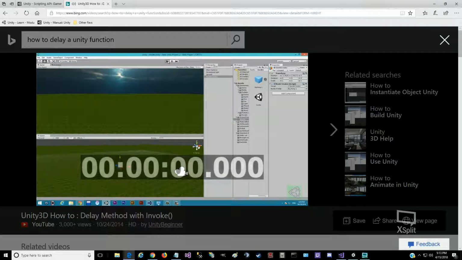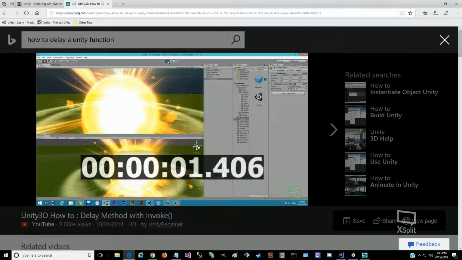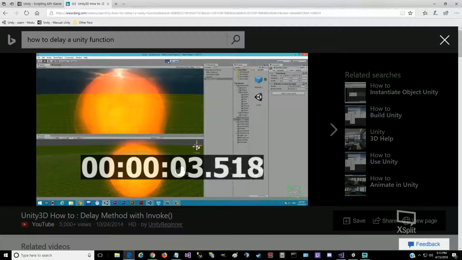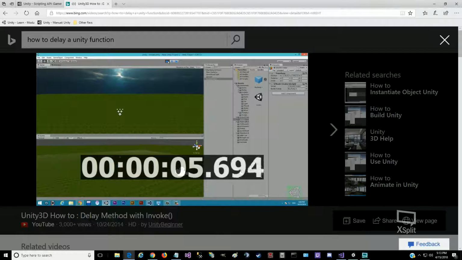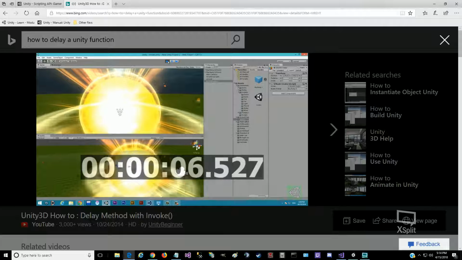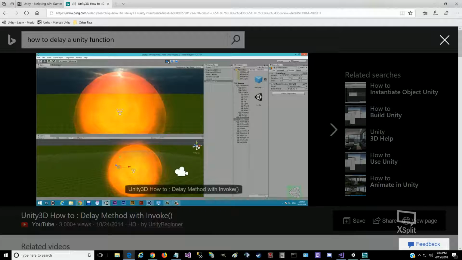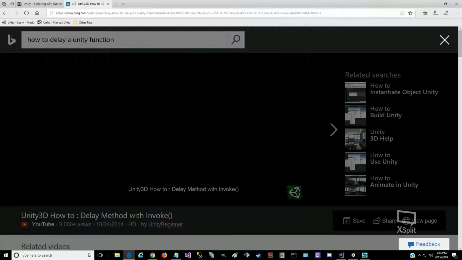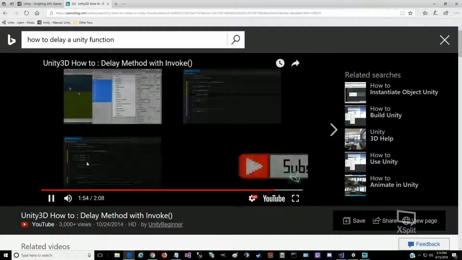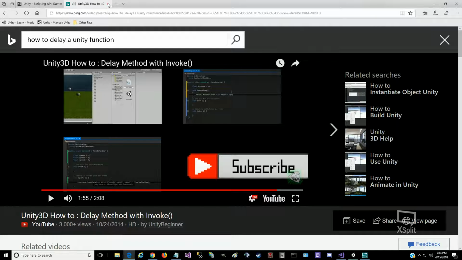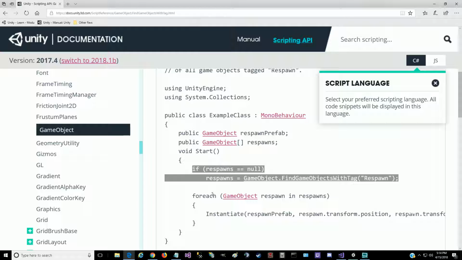Okay, so now I added an invoke. So the first one goes off, and it looks like you did something with a 6.5, which obviously with this timer, it must be at 6.5 seconds. Boom. Cool. So that's how you can delay a method with invoke. Okay, so that kind of helps right there. That's probably what I want to use here. I want to delay a little bit and see if